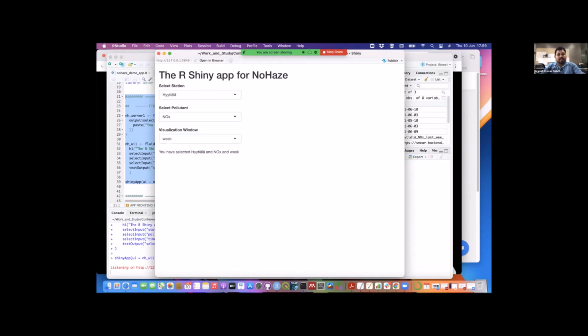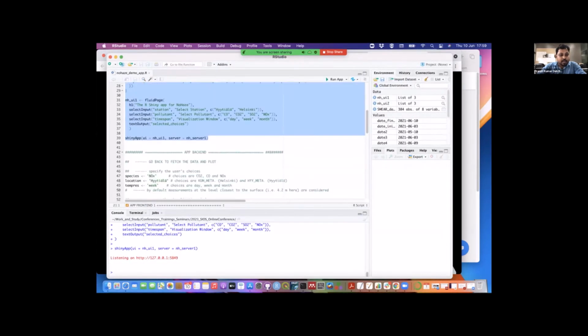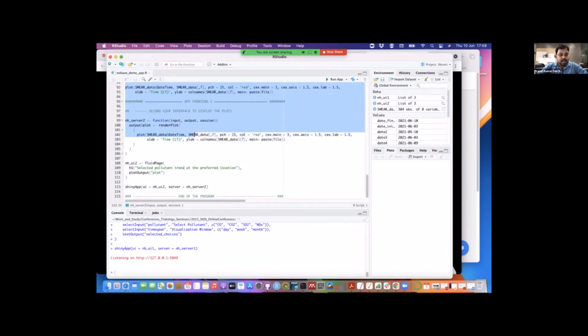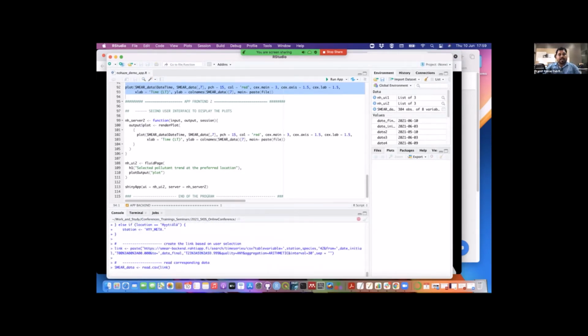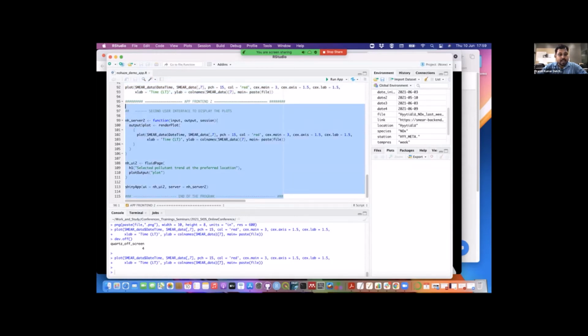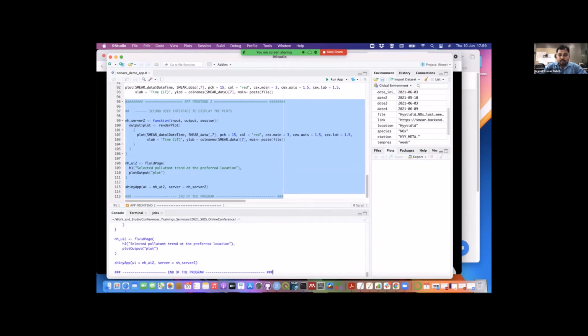And once the user makes the selection, then the app confirms to the user about his or her selection, that you have selected Hyytiälä and NOx and the week. And then in the app backend, the app actually reads these options, and then the app runs it. And when we run this backend, the app actually fetches the data from the SMEAR station, which is open source, and then it plots it. And once the plotting is done, then the second front end, the second interface of the app appears to the user, which looks like this,